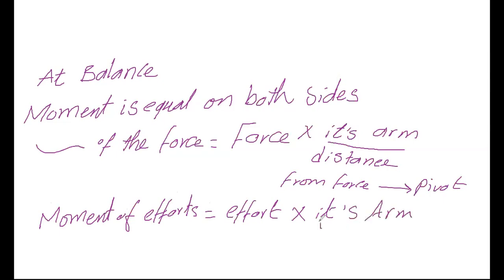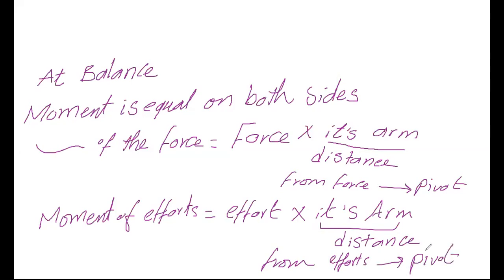What is the meaning of its arm? This is the distance. By the same thing, distance from effort to pivot. Okay, this is very important. So at equilibrium,